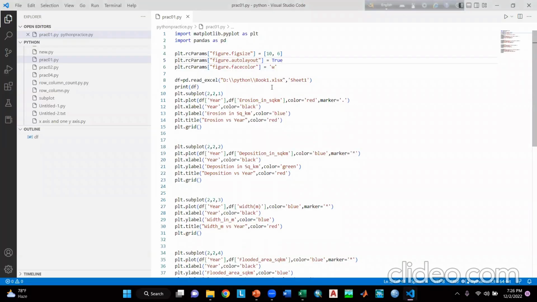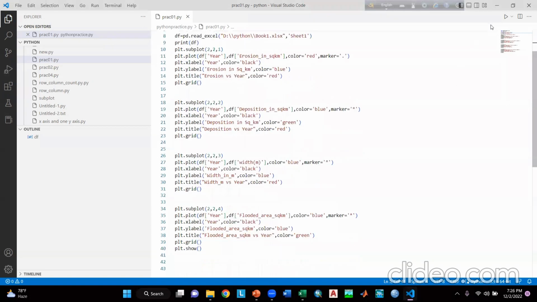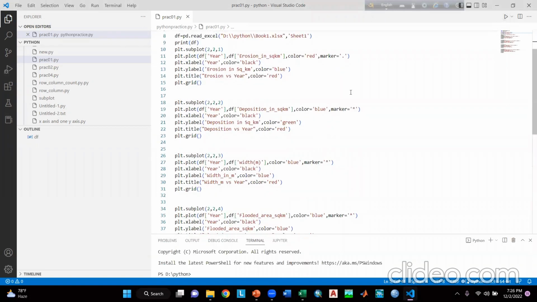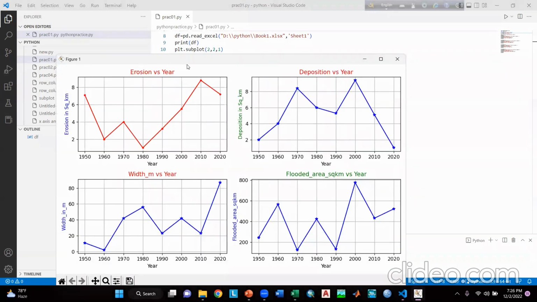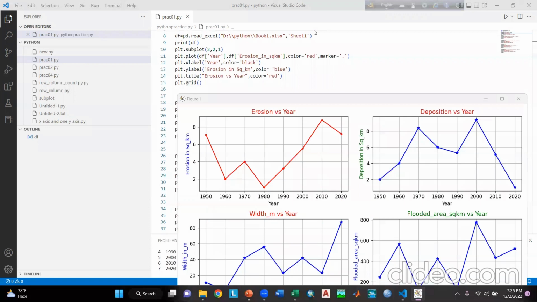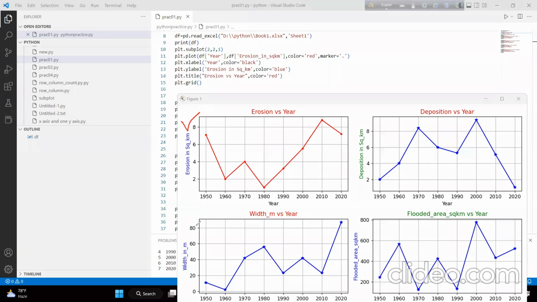Now let's see the code. I have already written the code here. So if I run the code, we will see the output here. So here you can see I have plotted 4 graphs using the subplot method. Here there are 2 rows and 2 columns. And here is the graph number 1, then 2, 3, and 4. So now if we look at the code,